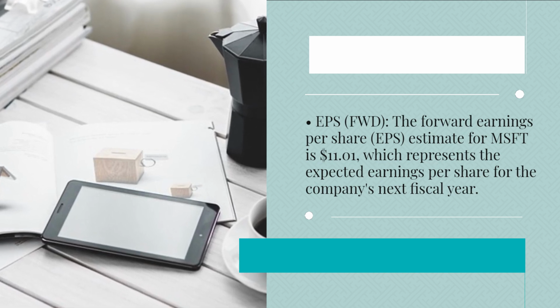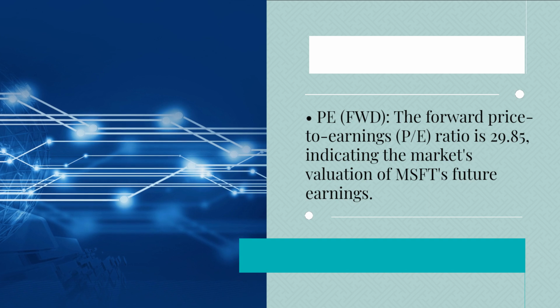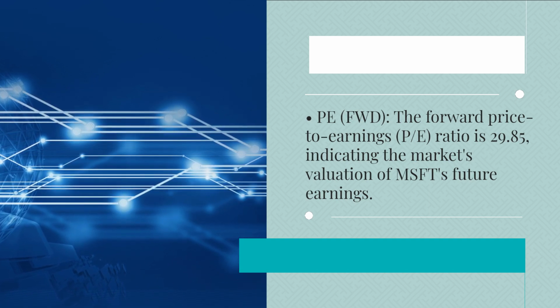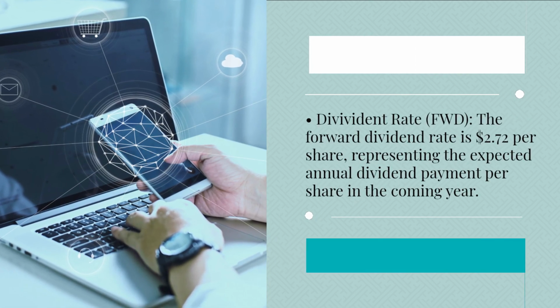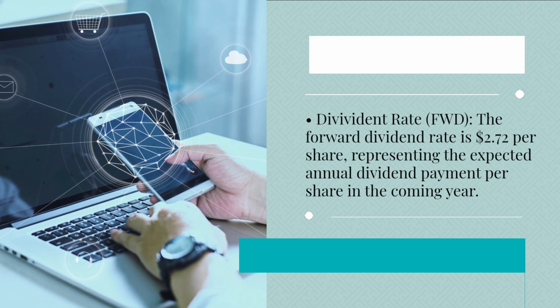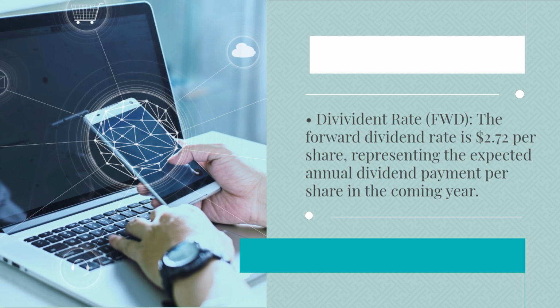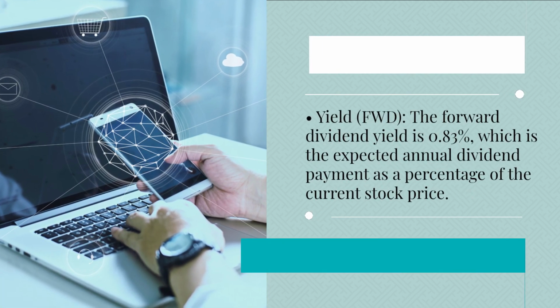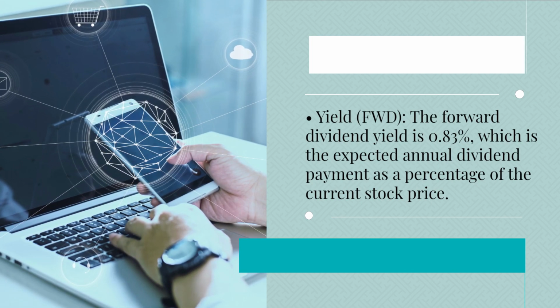share for the company's next fiscal year. PE, FWD. The forward price to earnings (PE) ratio is 29.85, indicating the market's valuation of MSFT's future earnings. Dividend rate, FWD. The forward dividend rate is $2.72 per share, representing the expected annual dividend payment per share in the coming year. Yield, FWD. The forward dividend yield is 0.83%, which is the expected annual dividend payment as a percentage of the current stock